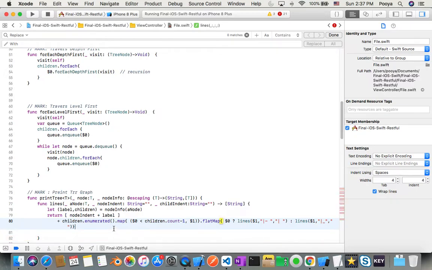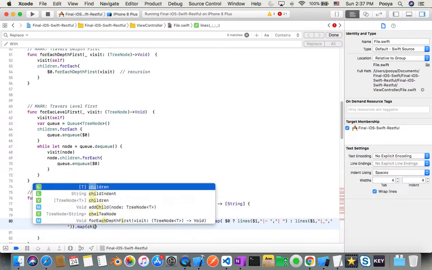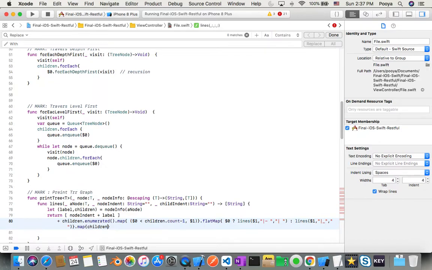Okay, but not finished yet. Again, I'm gonna map it with this condition: children plus $0. Okay, at the end of all of this, so end of